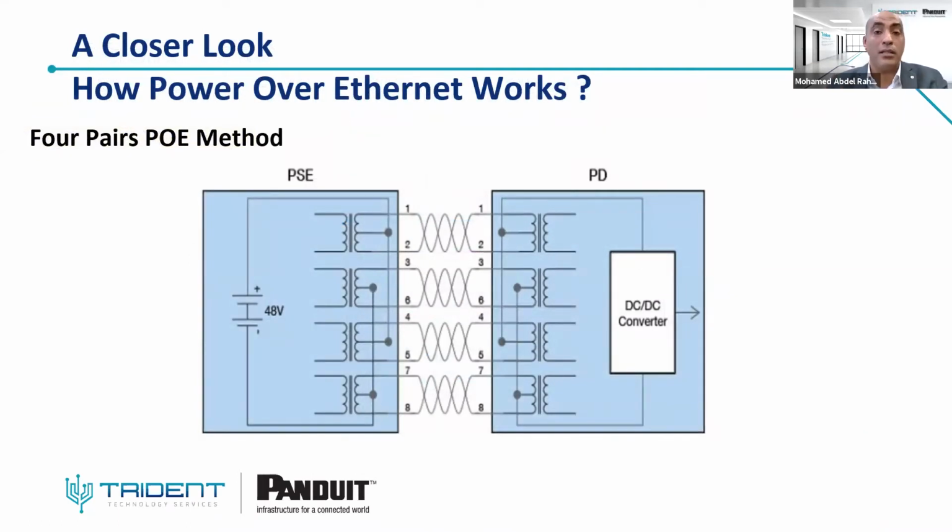Starting from PoE++ or the higher power, Type 3 or Type 4, the power is delivered through 4 pairs. You are transmitting the power and the data, and for the data at 1 gigabit per second, you are transmitting over the 4 pairs. The power is also transmitted simultaneously through the 4 pairs with the data. In Type 4, you are transmitting from the PSE about 99 watts, and it is received at the powered device as 71 watts available to the powered device.